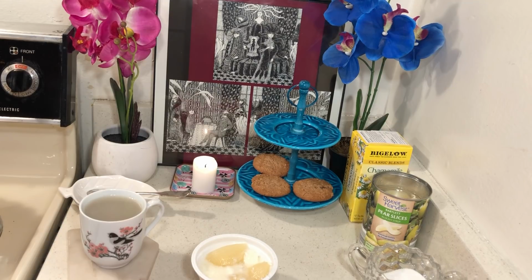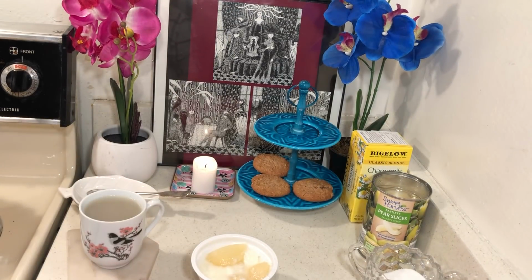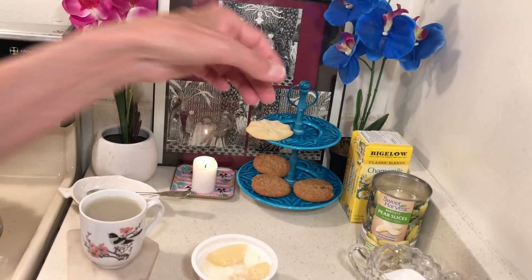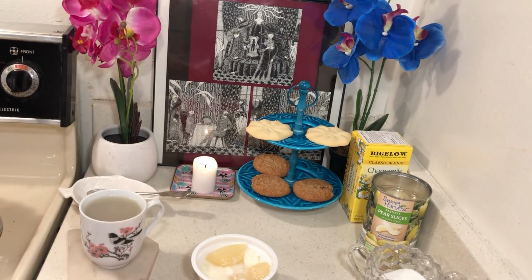And then I have, and this goes back to eating all of your leftovers, I didn't have these in the freezer. I had them in the half-eaten packages. These are good. Perfect with tea. And so what I'll do is I'll just leave them on the little caddy, and then sometime before the next meal, I will eat them. Now, let me taste my...